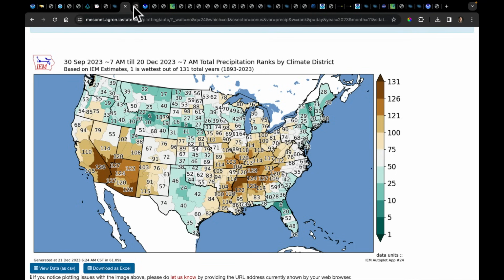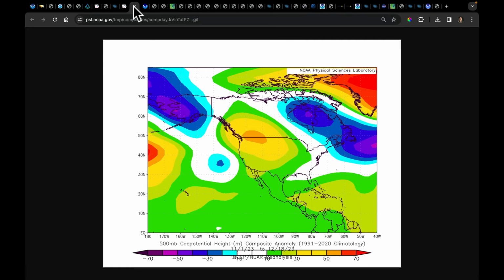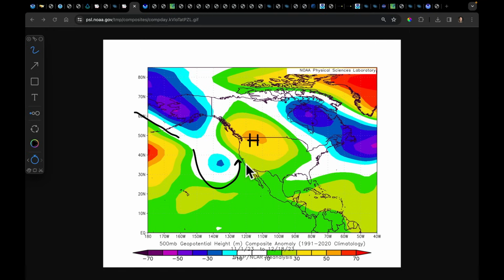So what I'm going to do is pull up a couple of different ways to look at it. We know that since November the 1st, we have favored a ridge of high pressure in the upper levels of the atmosphere here. And there's been lows and troughs of low pressure in Alaska and also at times across eastern Canada. What the flow has done is it's come in pretty fast. At times it's cut off like this, which you've seen. It's doing that right now. And then it kind of splits and goes over the top. And what this does is it brings flow around this high pressure cell that is delivering air a lot of times from